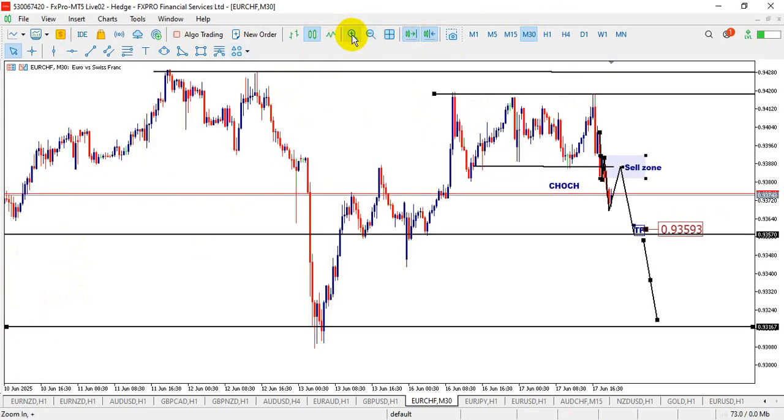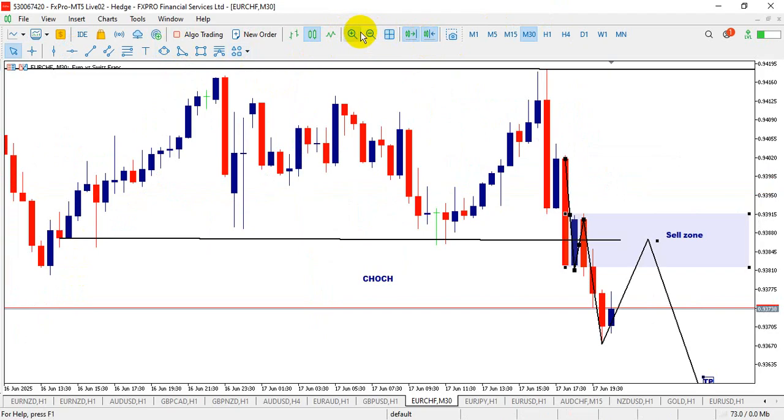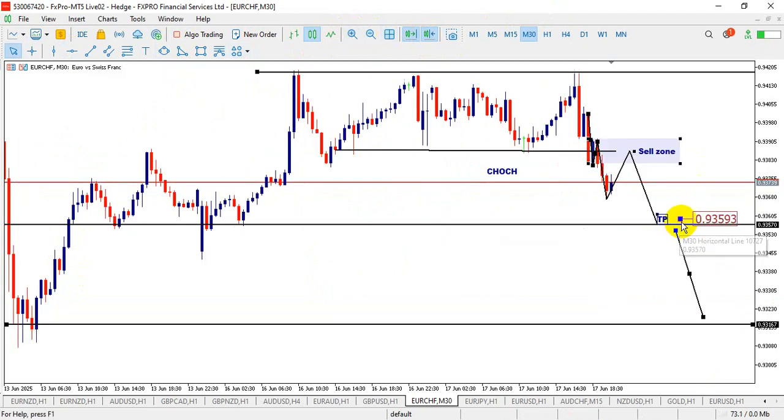Good. So furthermore, we could see price in a long term driving towards 0.93188. So that will be the second TP. Okay, let's look at